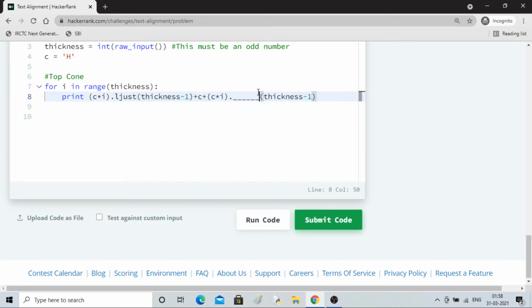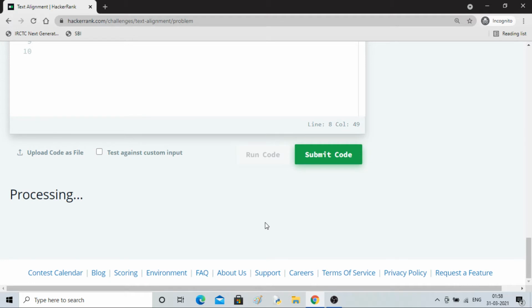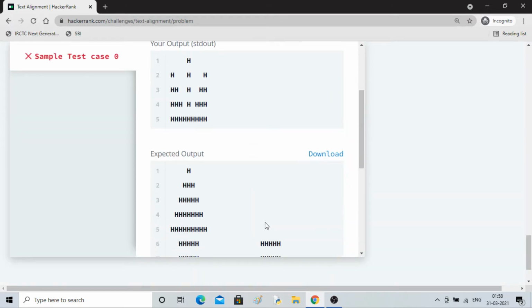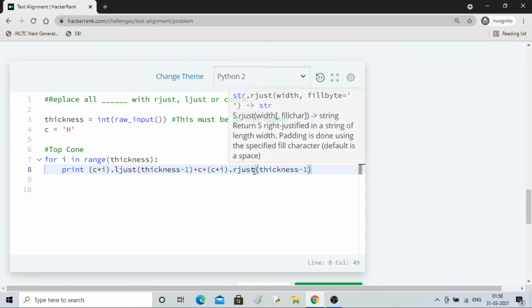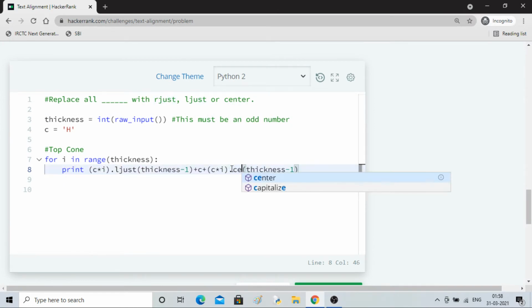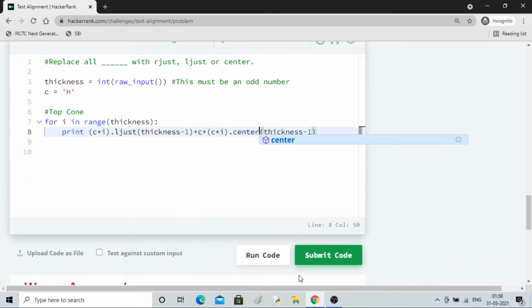I'm not aware of what should come, so I'm just putting something random. I put ljust and rjust. Let's see how it looks. It doesn't look like what we want. It should look like this, but it is looking like this. Let me try something else. If I try center here, how does it look?